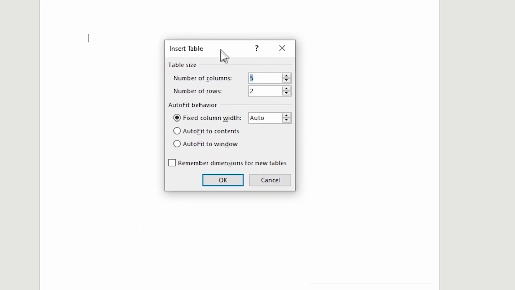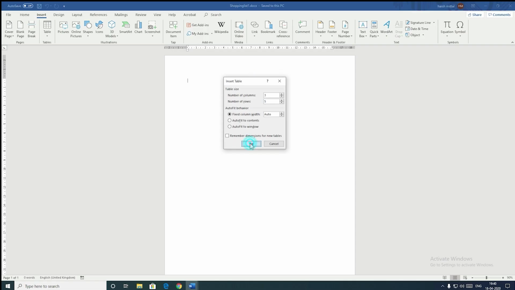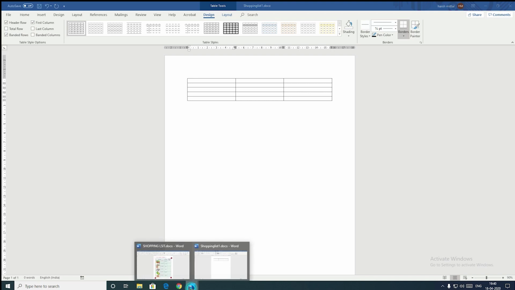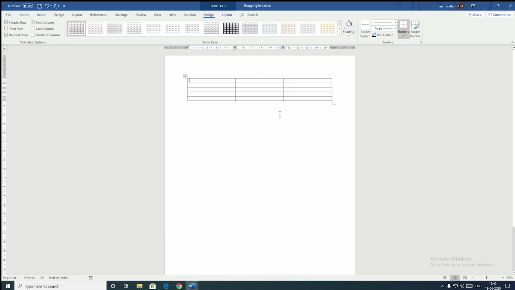In the Insert Table option, it is going to ask us the number of rows and columns. Say here I take 3 columns and the number of rows I choose as 5. Right now you can have them as fixed width, or you can change the width according to the contents. So I'm going to keep it as fixed width. I click on OK. This is the kind of table I get. But this table does not resemble this kind of table anywhere. So what am I going to do? I am going to increase it.